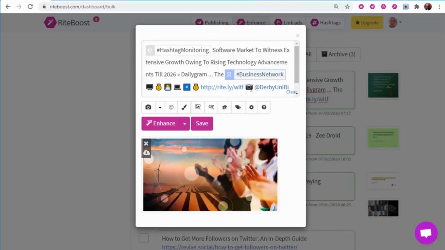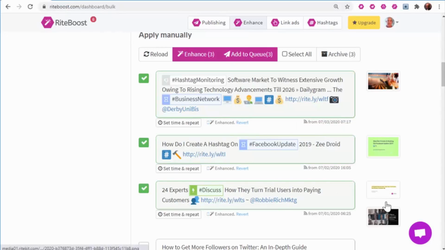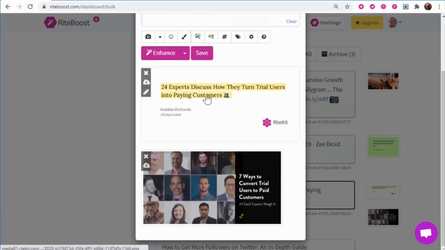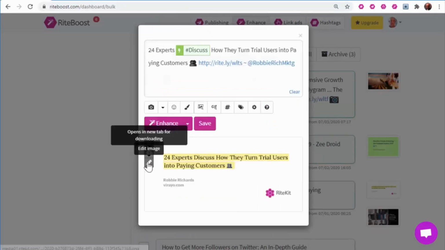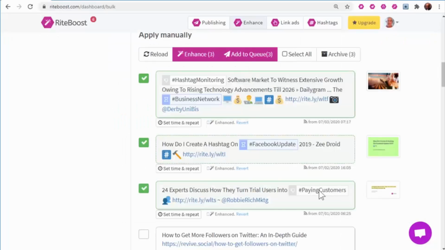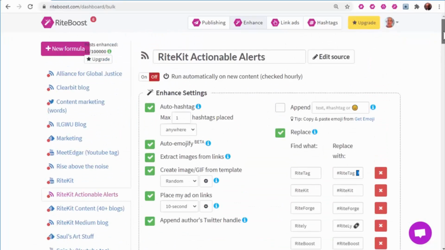Image source attribution was also added here. So there's that, and then here I've got two, and I would decide which image to use. In this case I would change the hashtag choices and save. But so use your actionable alerts for getting news, blog posts and such, even tweets, where your people, your products,